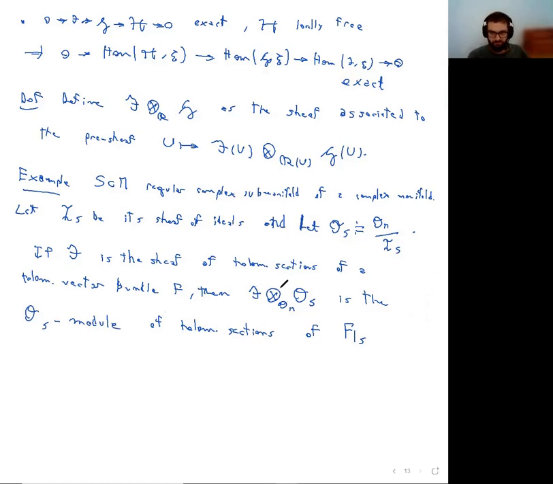Okay, so this is just an example of this tensor product. And we will not do the proof. It's not simple, so it's not something you should just see. This is just a fact I'm telling you. You can get an idea of why this should be the case, but no worries, we will not see that.